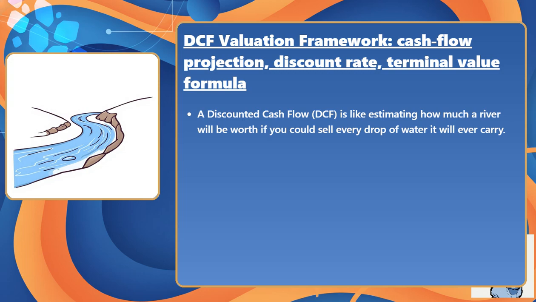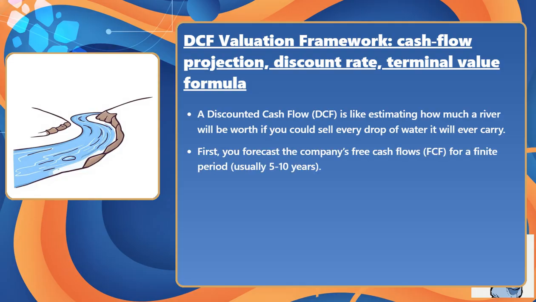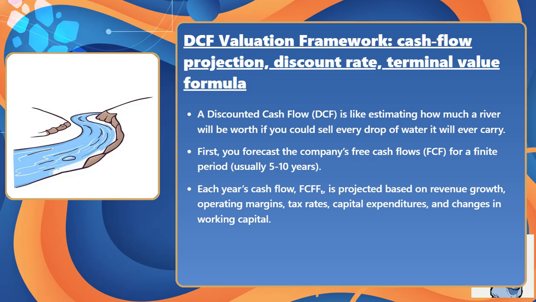A discounted cash flow, DCF, is like estimating how much a river will be worth if you could sell every drop of water it will ever carry. First, you forecast the company's free cash flows, FCF, for a finite period, usually 5 to 10 years. Each year's cash flow, FCFF sub T, is projected based on revenue growth, operating margins, tax rates, capital expenditures, and